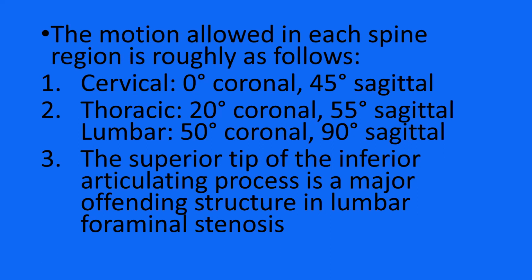In the cervical spine, you have coronal and 45 degrees sagittal. In the thoracic spine, you have 20 degrees coronal, 55 degrees sagittal. In the lumbar spine, you have 50 degrees coronal and 90 degrees sagittal. The superior tip of the inferior articular process is a main